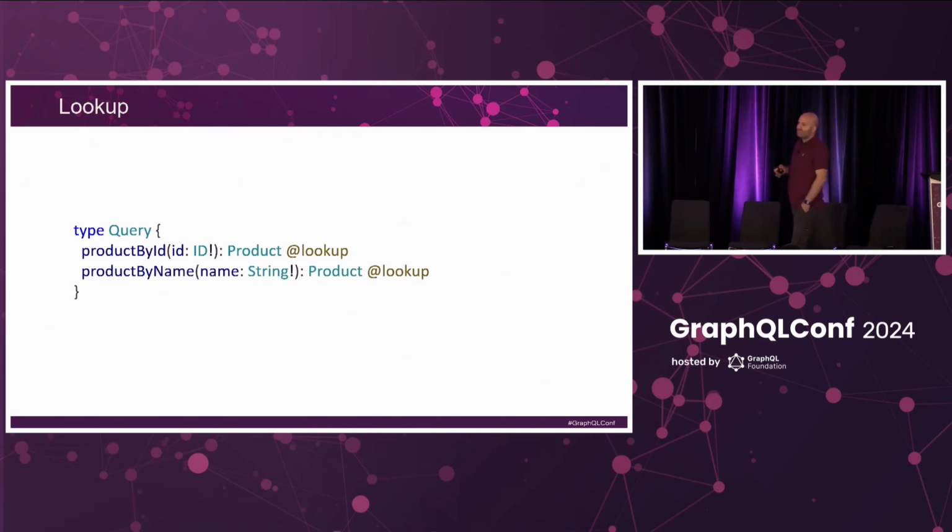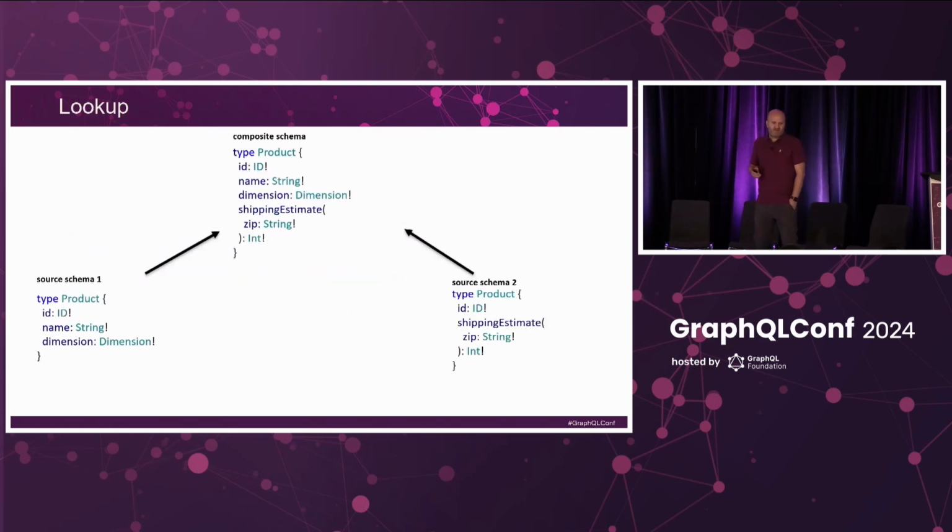Entities might have many such lookups, right? You cannot only fetch a product maybe by ID, but also by a name, as long as the name is unique. In a federated architecture, types are distributed across subgraphs, across service boundaries. So a type doesn't just live on one service, but on multiples. In such a setup, having lookups to get the right data from the right subgraph, from the right service is an important tool.